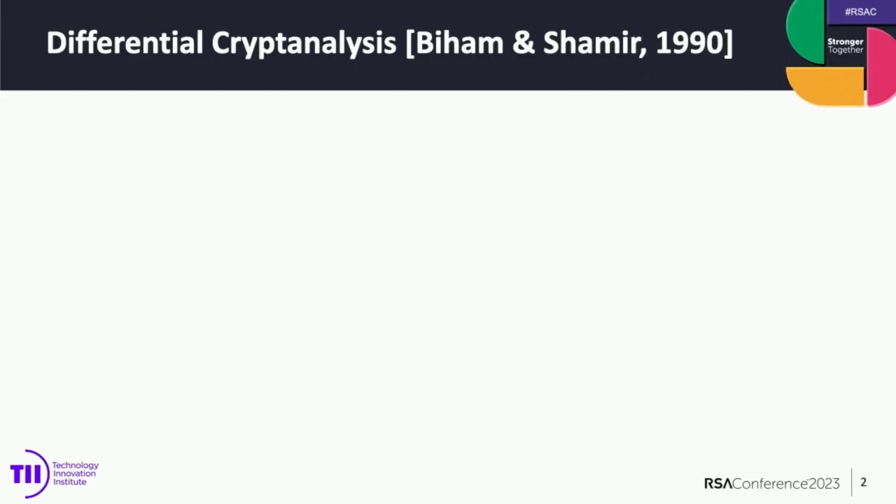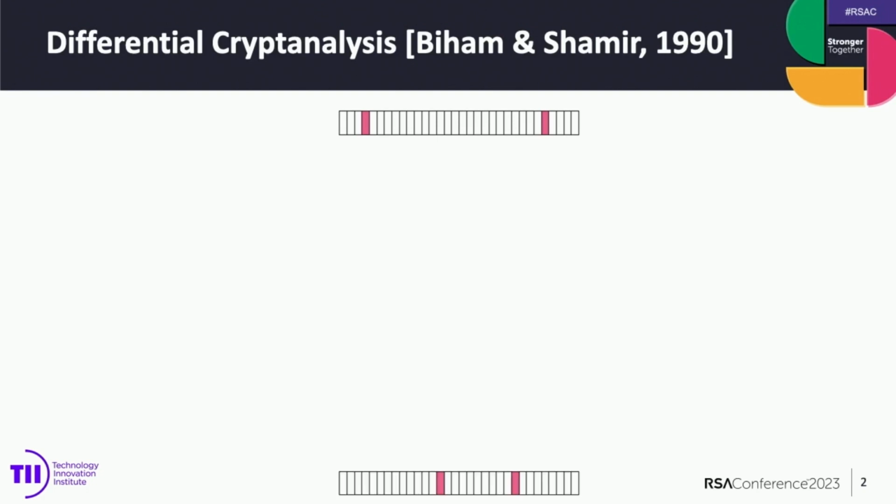So, what is differential linear cryptanalysis? In differential linear cryptanalysis, we are looking for a certain property in a specific cipher called a differential. And the differential basically is a pair where the first element corresponds to the input and is called the input difference, and the second one corresponds to the output and is called the output difference. This happens with a certain probability, for example, 2 to the minus 1 in this case.